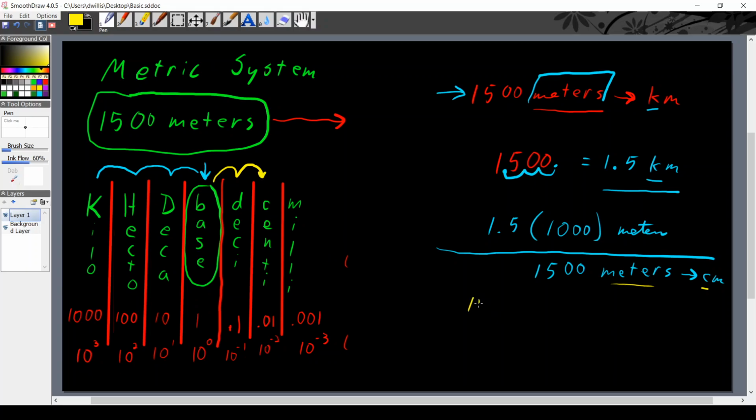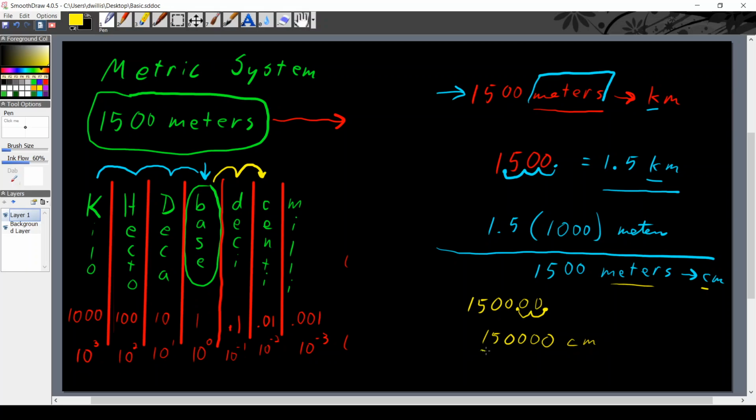So I will take my 1,500 and the decimal that I know is there, and I will hop it 1, 2 spots to the right, and then I'll fill in those spots with 0 placeholders. Let me see if I got the correct number of zeros, and sure enough, that is 150,000